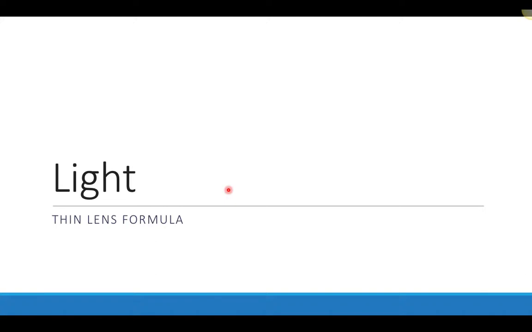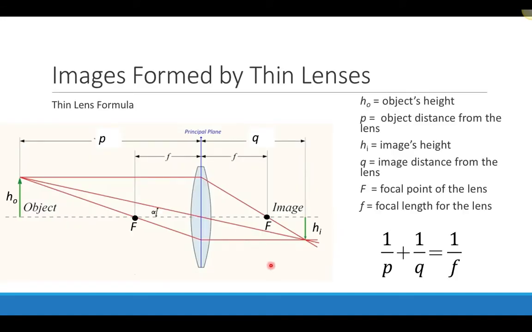In this presentation, we continue our discussion of thin lenses, but we will look at this more formally by applying the thin lens formula. So we looked at thin lenses from the perspective of using geometric optics, where we look at rays of light that leave the top of an object and pass through the lens and form an image. But it turns out that we can't always draw pictures, and so we'd like to have a more formal way of actually calculating perhaps where an image will be formed when an object is placed in front of a particular